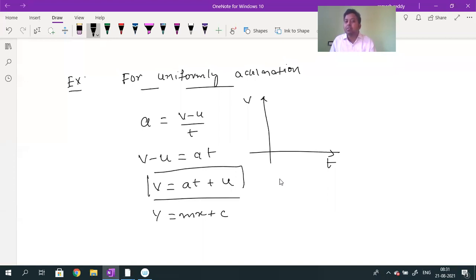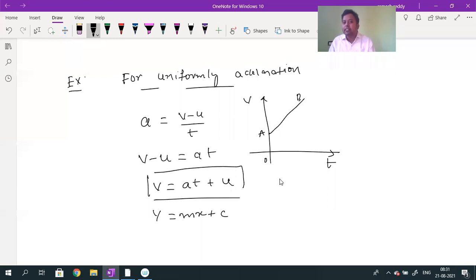C is called the y-intercept. The y-intercept value will give you u. What is u called? Initial velocity. So what is the shape of the graph drawn between v and t? It is a straight line. Is it passing through the origin or not? Not passing through the origin. So if I call the straight line OAB,